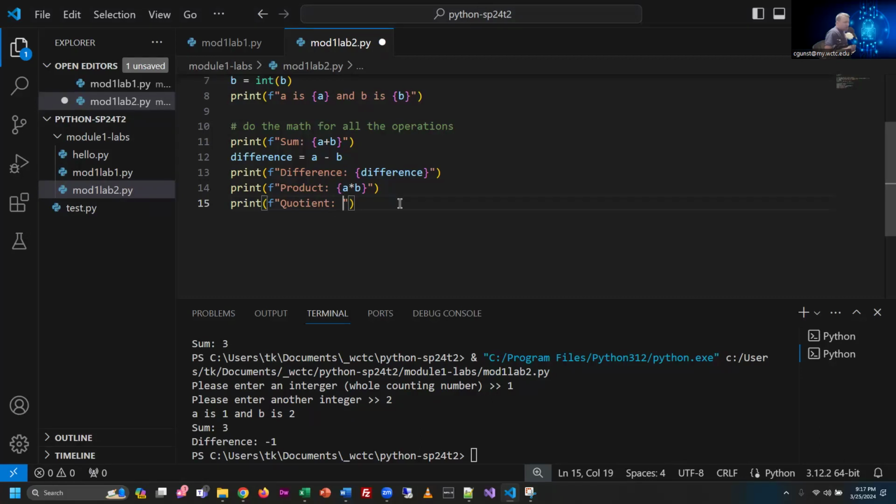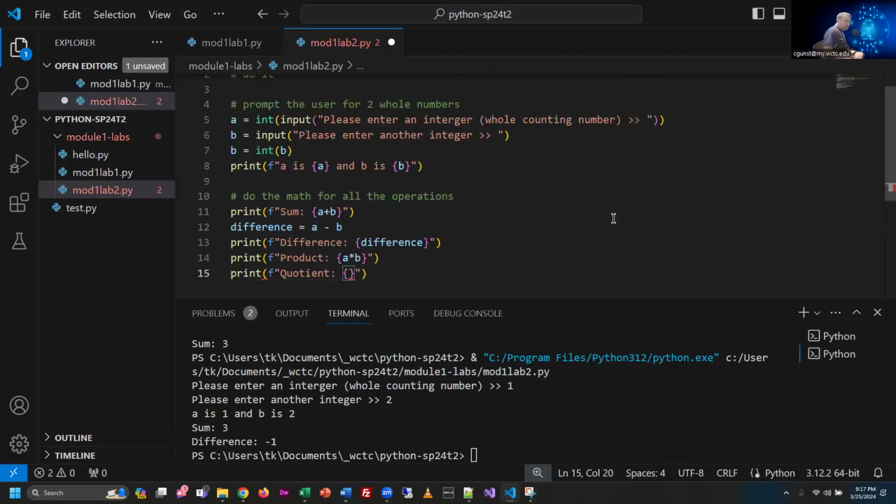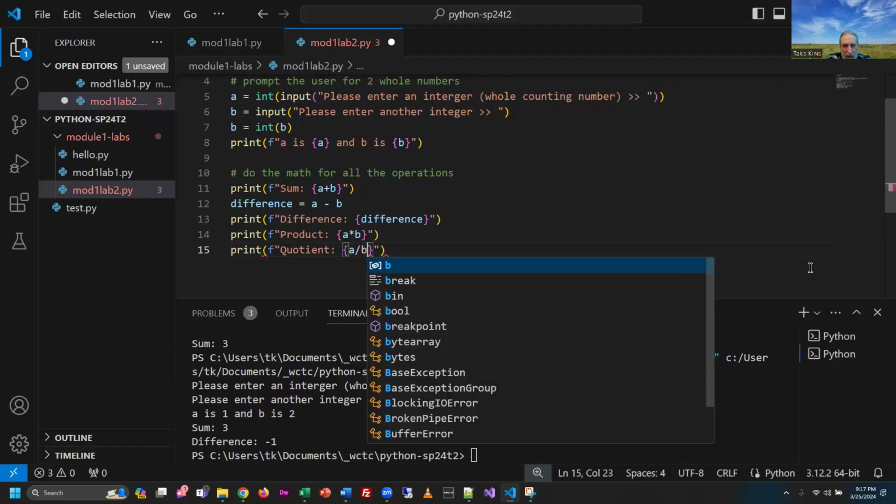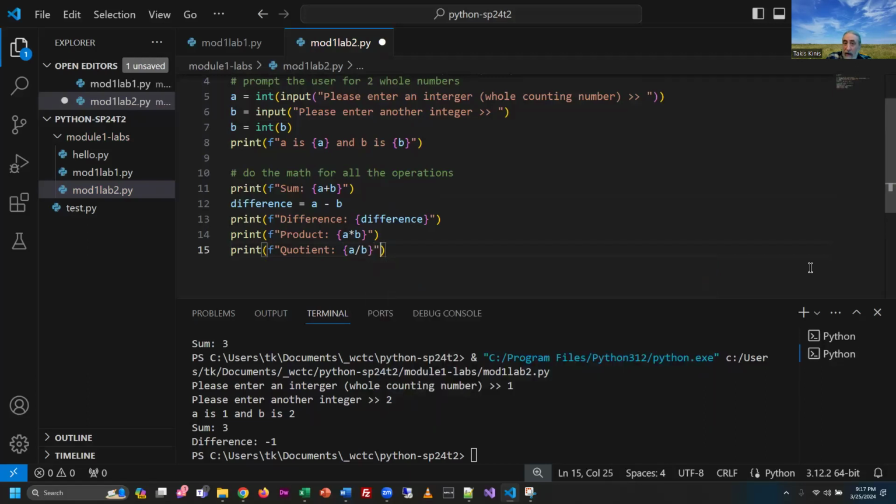Could you scroll up just a little bit? Here, like that. Right. And so here we'll do A divide by B. And now I'm getting a little braver because I think it's going to work, right? So I'm doing a bunch of these at once. And then we'll do print